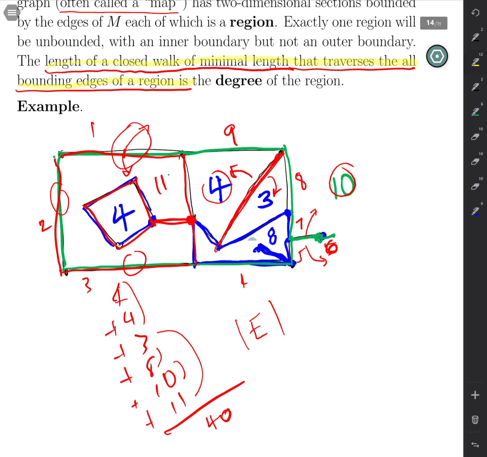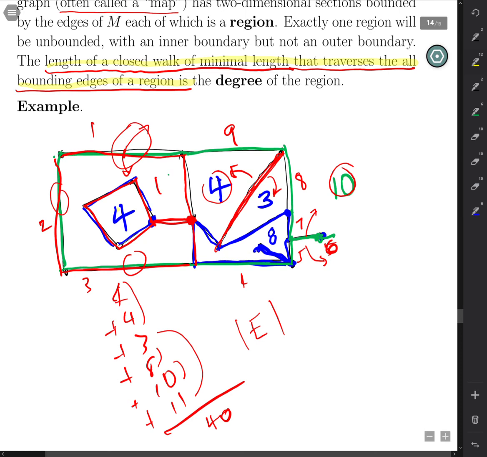So on the inside, that's going to be a little confusing with these other numbers. I'll get rid of some of them. So on the inside, I'll have a 10, 11, 12, 13, 14, 15, 16. So I think I've got all of those counted. And let's overcount here, any that I've missed. 17, 18, 19, and 20. So 20 edges. Well, indeed, 40, which counts each of the edges twice, is 2 times the number of edges,